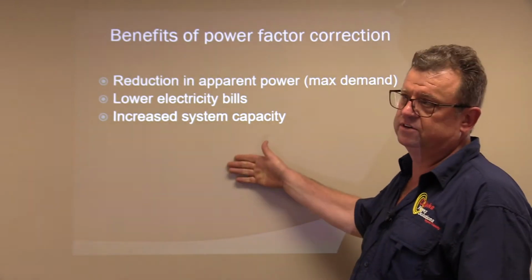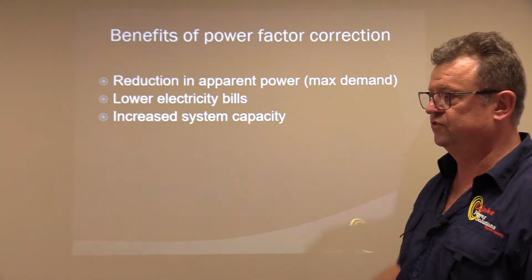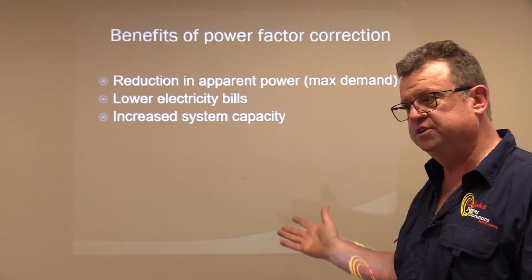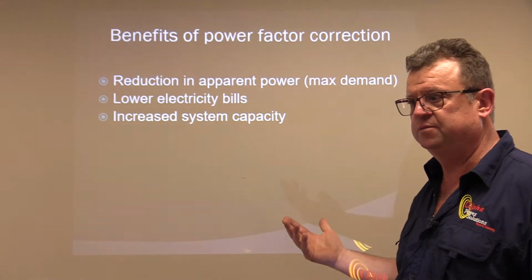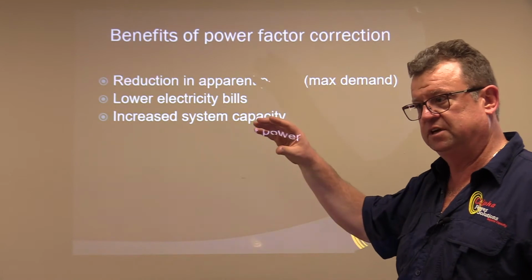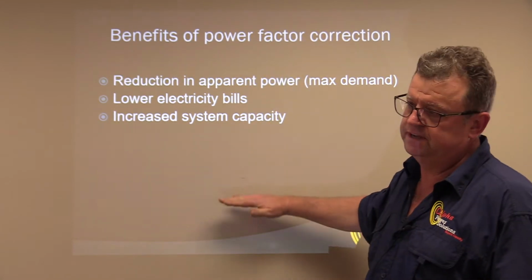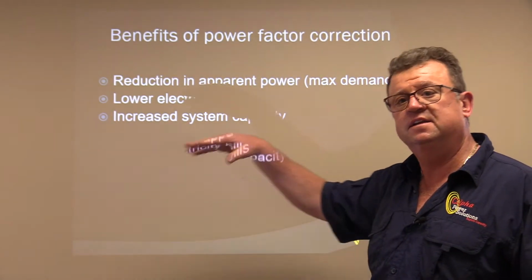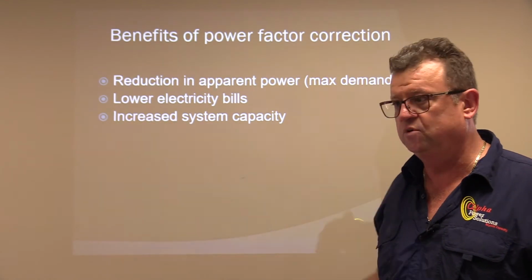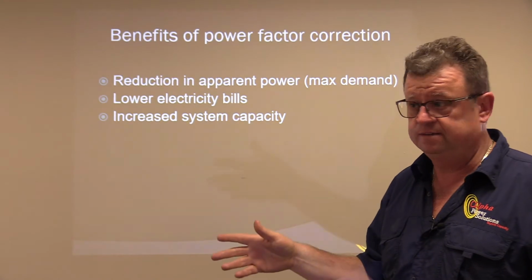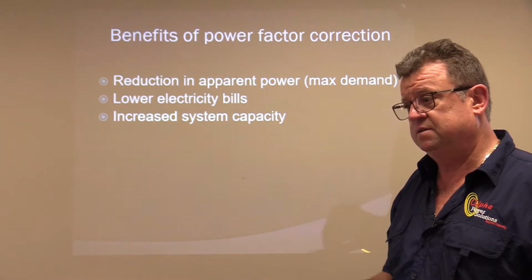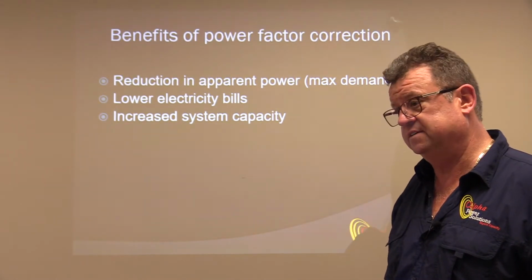So go back to that other example that we had, where the load was 142 kVA. Say that they had a 150 kVA transformer. They were very close to the limit. By dropping it to 105 kVA, now suddenly the customer can add more machines without upgrading his supply. And that often is ginormous savings, because